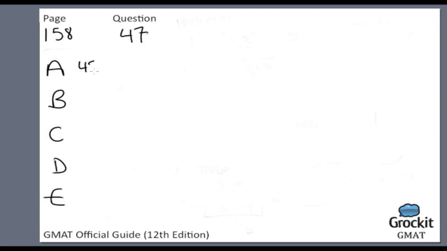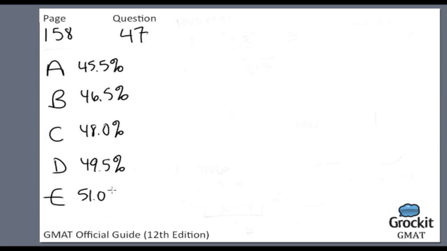Okay, 45.5%, 46.5%, 48.0%, 49.5%, 51.0%. The proximity of these numbers to each other suggests that we are going to have to do some relatively